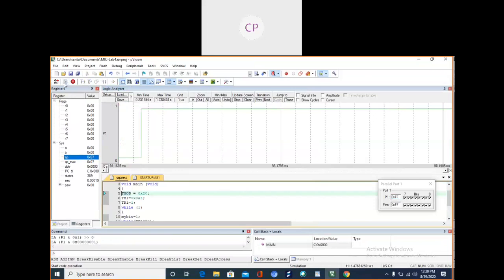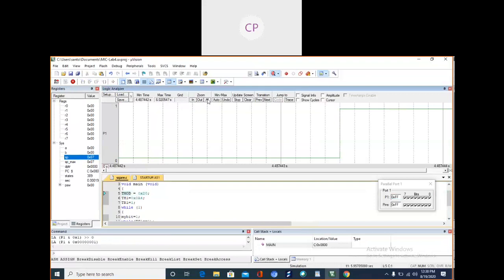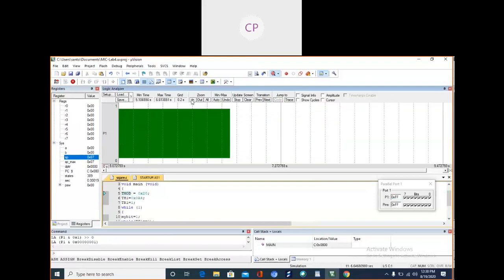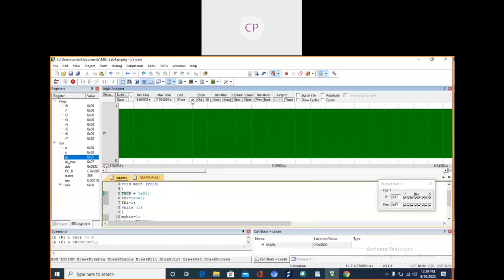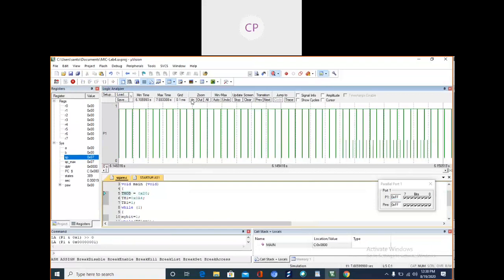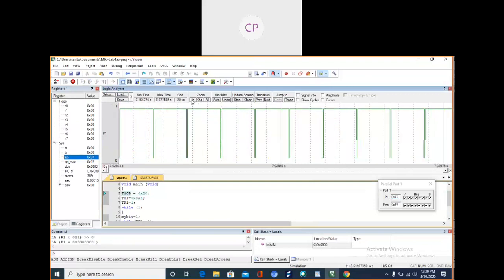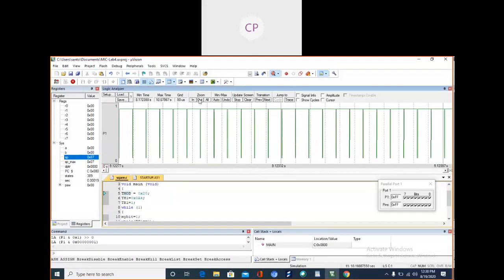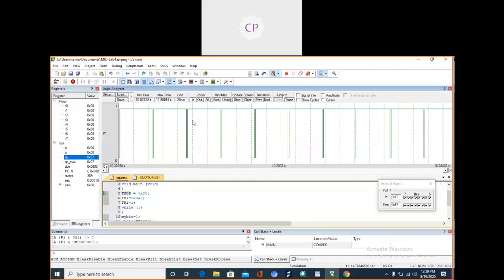So we have to run it. Last time we forgot to run, so that the square wave appears. You can zoom in or zoom out. So this is the output, but here you can see the off time is very small.